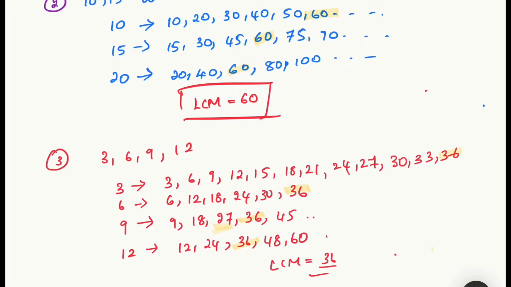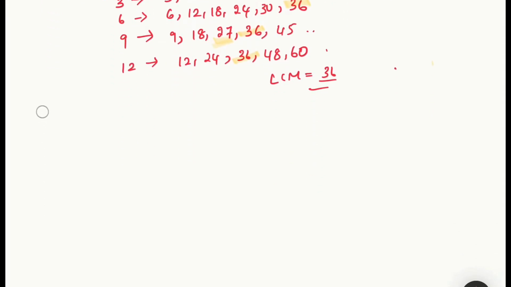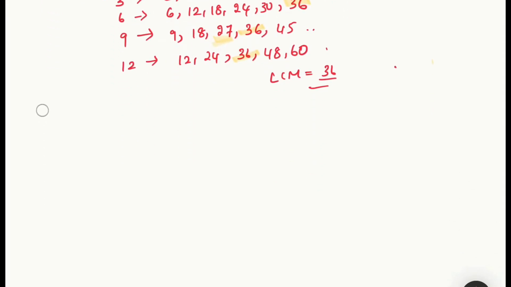Then let me continue with the second one now. What's given in the second one? Find the LCM of the following group of numbers using the prime factor method and the common division method. Both we need to do. So the second one is the LCM of 18, 24 and 96. First we need to use the prime factor method.